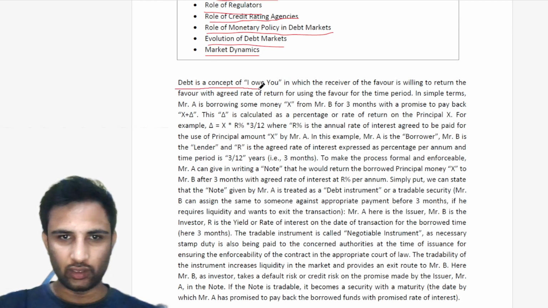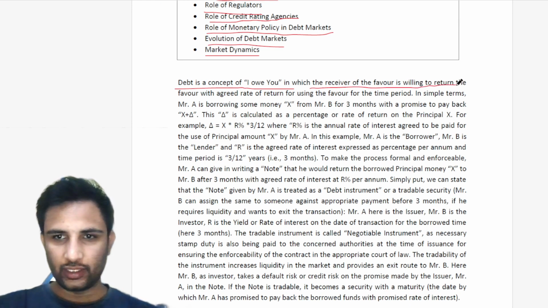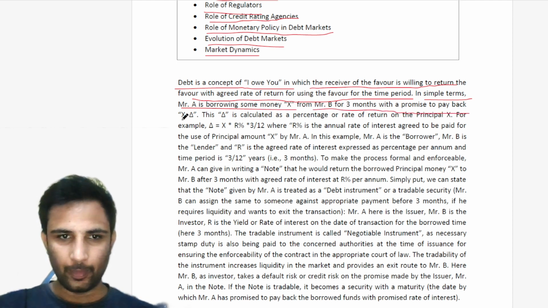Debt is a concept of IOU in which the receiver of the favor is willing to return the favor with the agreed rate of return for using the favor for the time period. In simple terms, Mr. A is borrowing some money X from Mr. B for 3 months with a promise to pay back X plus delta. The delta is calculated as a percentage or rate of return on the principal X. For example, delta equals X multiply R percent multiply 3 upon 12,